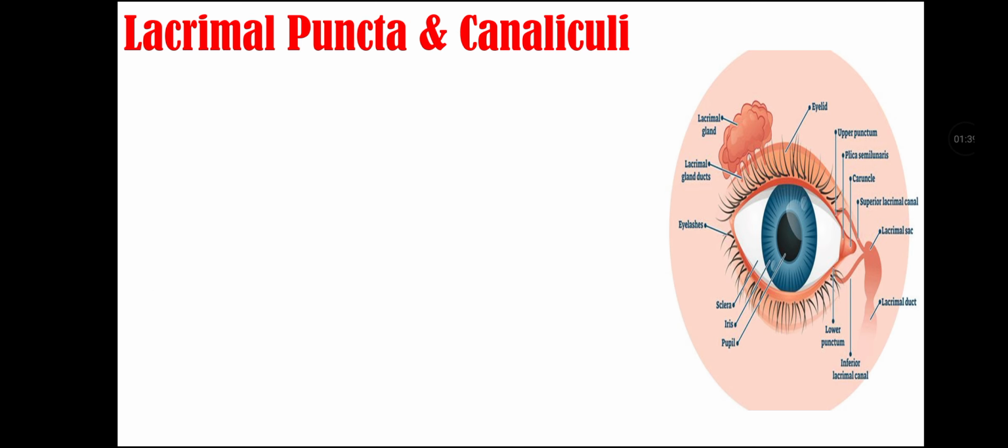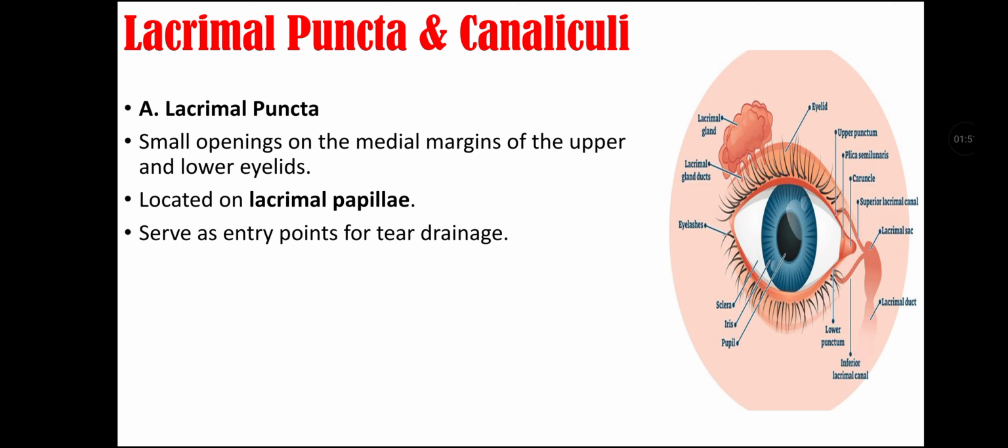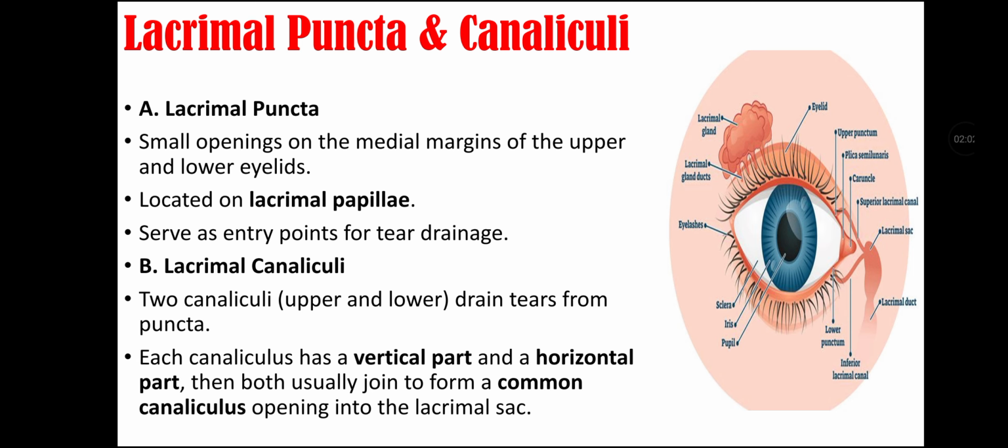Then there is the third part of the lacrimal apparatus, that is lacrimal puncta and canaliculi. Lacrimal puncta are small openings on the medial margin of the upper and lower eyelid. They are located on the lacrimal papillae. They serve as an entry point for tear drainage. Second is lacrimal canaliculi. There are two canaliculi, upper and lower, that drain tears from the puncta. Each canaliculus has a vertical part and a horizontal part, then both usually join to form a common canaliculus that opens into